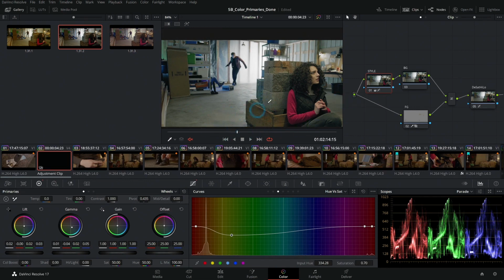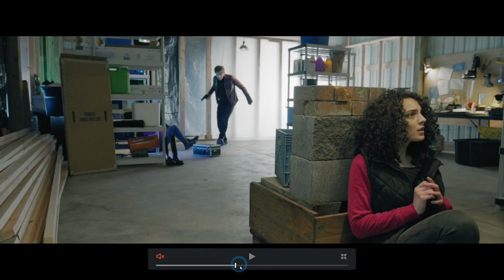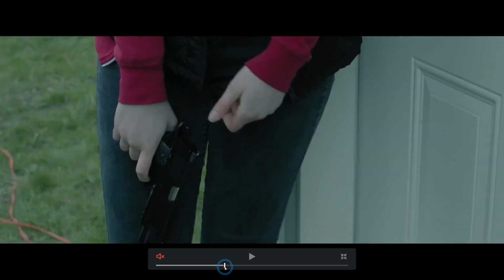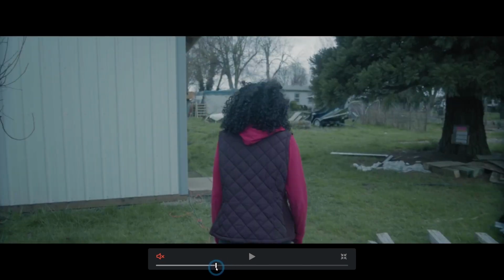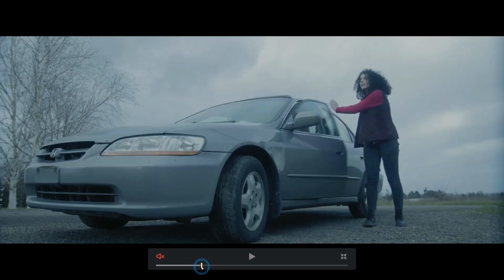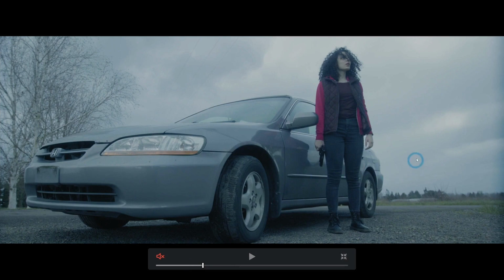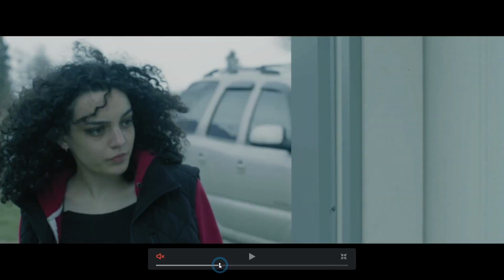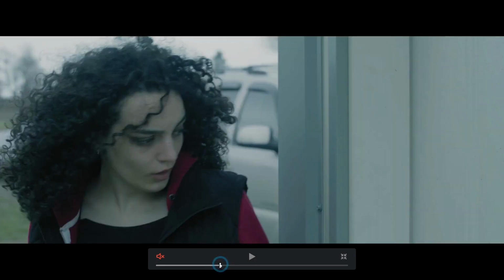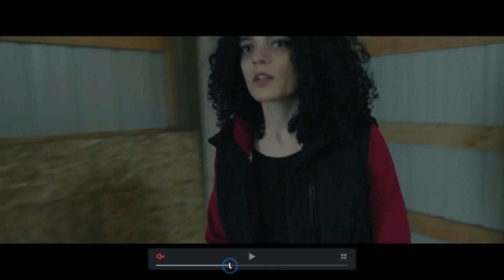So let's kind of scrub through the rest of our movie and see what that looks like. And what we're really looking for here is, does this look offensive on any shot? A lot of these don't look quite as good because they don't have those warm tones, like especially stuff that's outside that has a little more flat lighting. This kind of stuff, this looks like just a push. So that's stuff that we're going to have to mess with here in our secondaries. That means the adjustments that we make to each specific shot, to little specific parts. We could do things like boost our skin tones more, that kind of thing. But we're looking for overall,